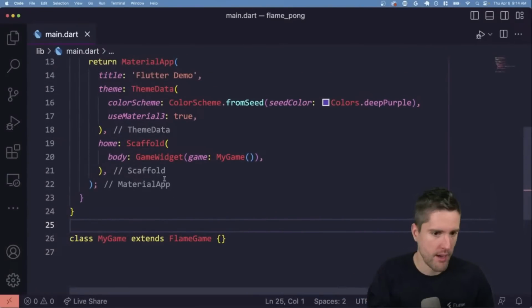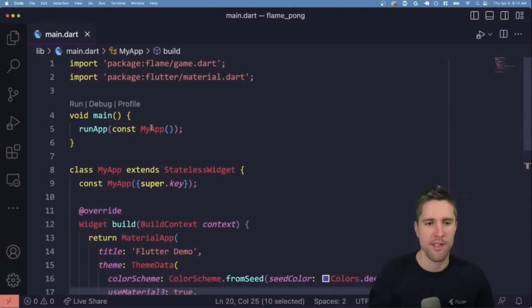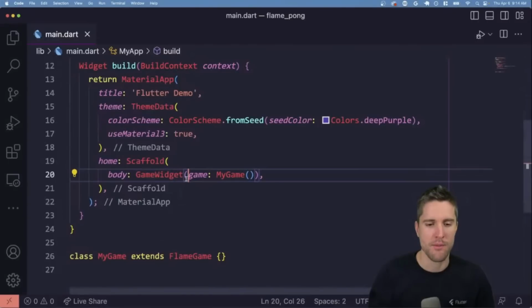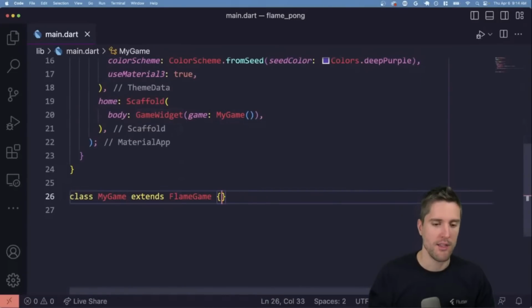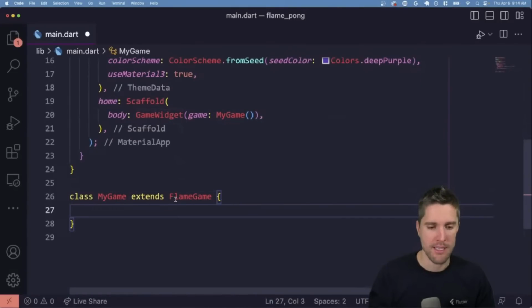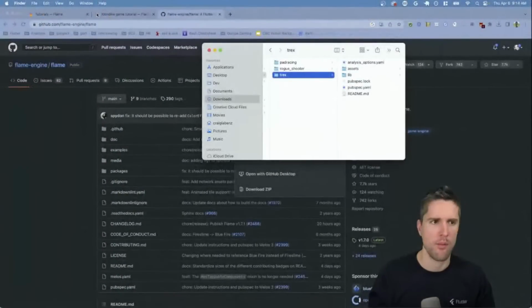Stuff's happening now. So game widget comes from the package. There we go. And the error that I got was that I wasn't satisfying its constructor of giving it a child of flame game. And you do not define your own flame game widget. That's silliness. Okay, so for the game itself, this is where we can now just go back to the normal